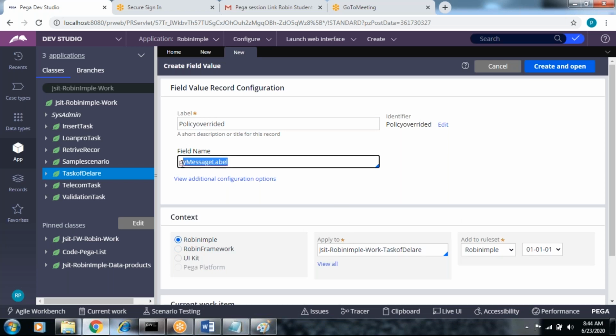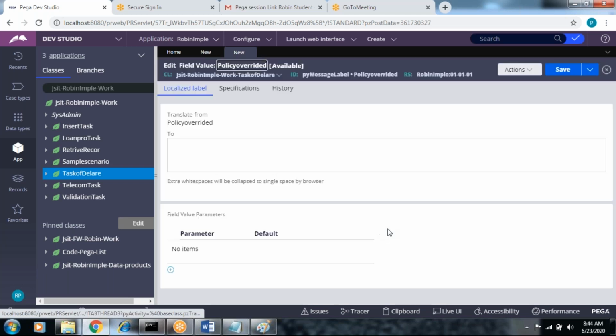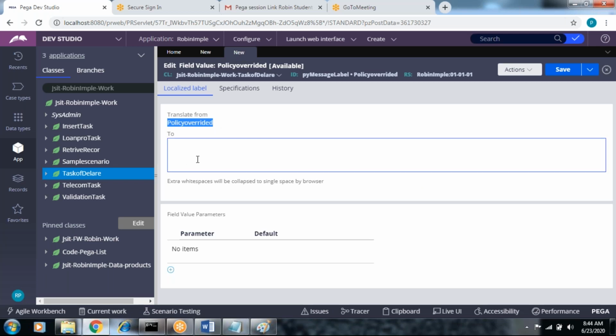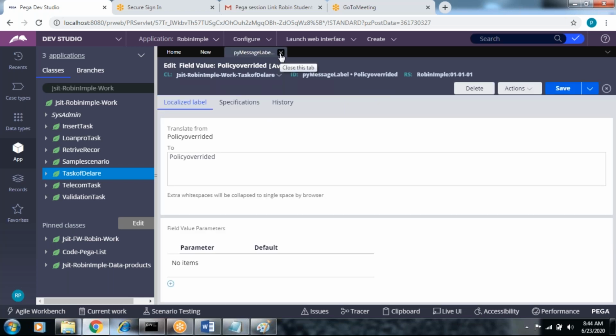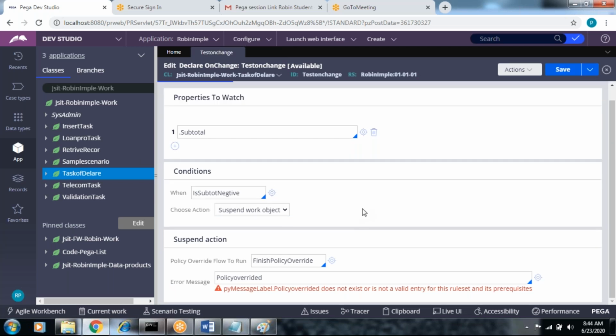There is a pyMessageLabel property. Create and open this. Policy override, give that one also. And save. Fine. Close. And let's save. So the declare on change rule is created.